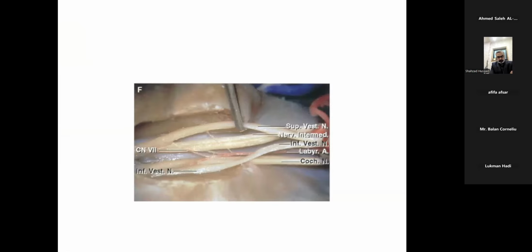Here we can see that the cleavage plane has been established by separating the superior vestibular nerve medially and then tracing it down laterally in order to expose the 7th cranial nerve, which tends to lie anteriorly in relationship to the 8th cranial nerve. This is the orientation of the semicircular canals. We have the superior and the posterior semicircular canal, and they have a common crus which is present as the nerve is entering into the internal acoustic meatus. Again, there's a vertical crest that tends to separate the facial and the superior vestibular nerve.